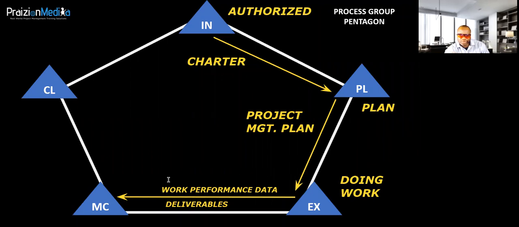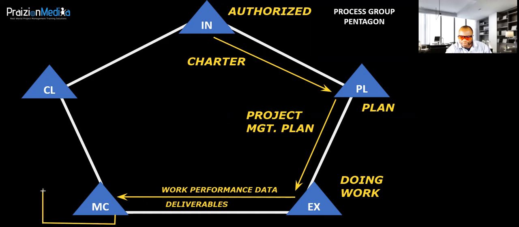In monitoring and controlling, we will take that work performance data and then we're going to analyze it. We're going to analyze it and then we are going to share it. So this is what happens. Right here in monitoring and controlling, you get an output, and I'll show you this as a loop back into itself. So from monitoring and controlling,